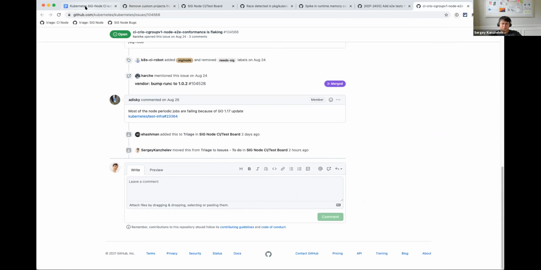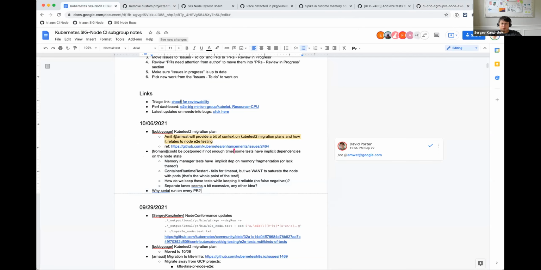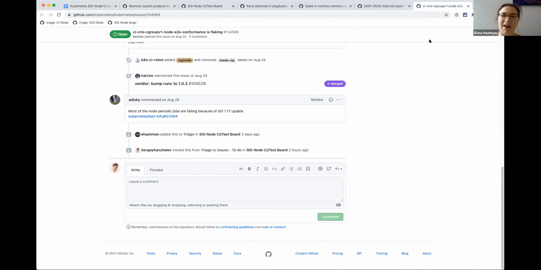Which one are you talking about? About Sirio, I'll submit a revert. I couldn't figure out why this was happening because always_run wasn't specified, and it turns out there's some other thing that does a regex match on the files. So I'll create an issue, or I don't know if I need an issue. I'm going to just revert the PR.